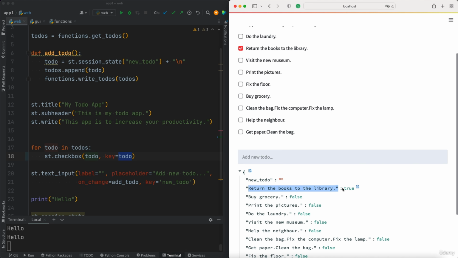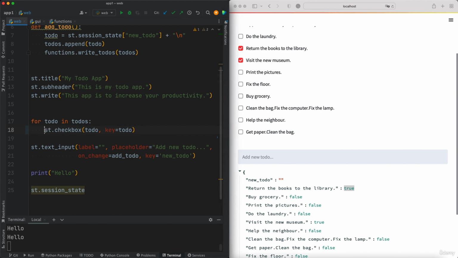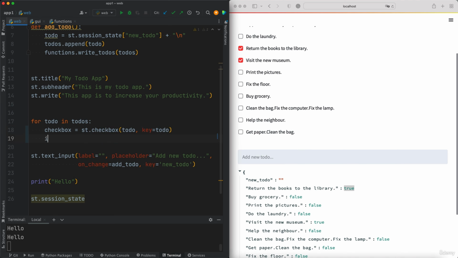So now we know we have control of what the user is doing. So if the user is doing something on the front end, that is reflected in the back end. So we can get that true value using that session state object. So that's how we know what the user is doing. So here now, we first need to store this in a variable. So we want to store each checkbox in a variable,